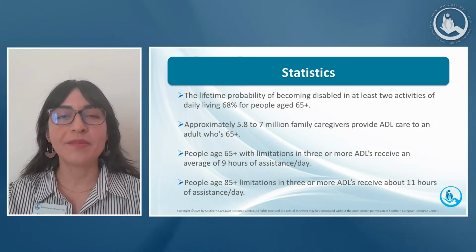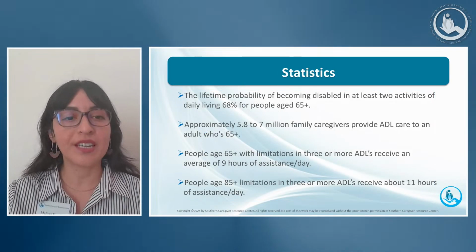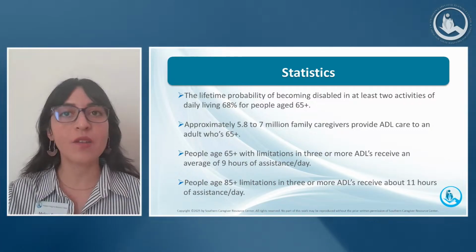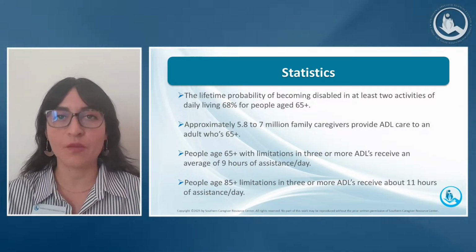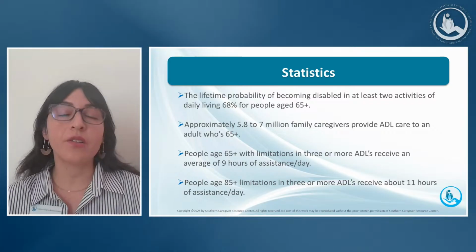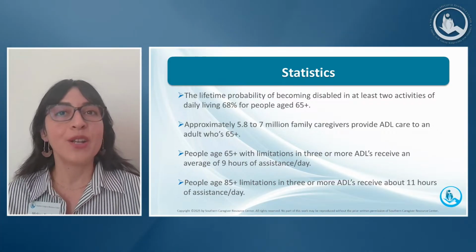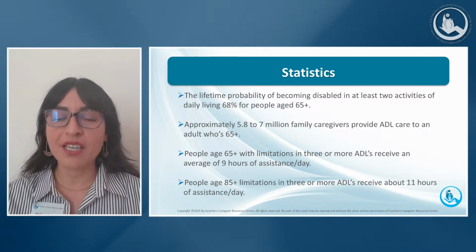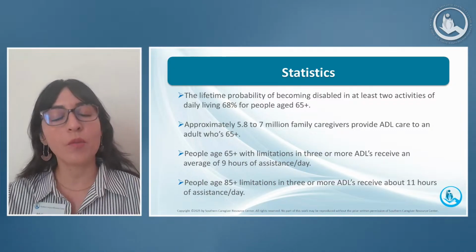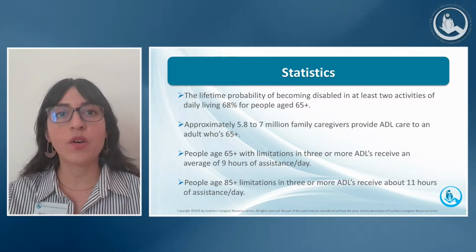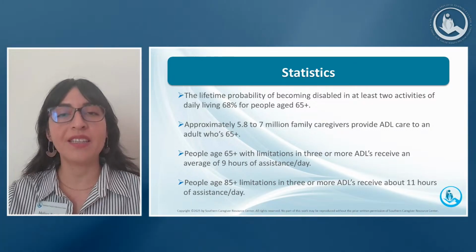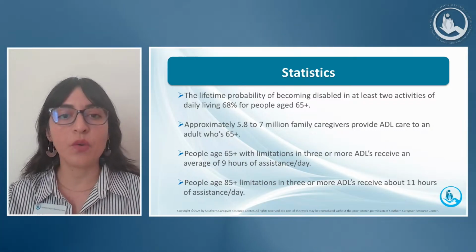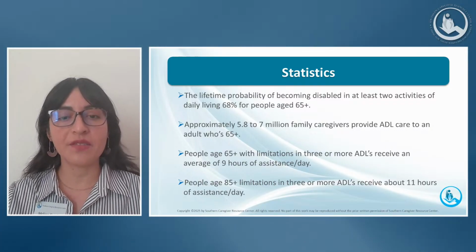Let's start off with some statistics. It's always important to understand why we are talking about the topic, right? Why are we discussing it? Why am I watching this live stream? Why is it relevant? So statistics are a great way to show you some numbers as to why this topic is important. So if you see the points here, they are from a report done by AARP. It's called a Report to the Nation on Independent Living and Disability. And so you'll see that it tells us a few key things regarding activities of daily living.